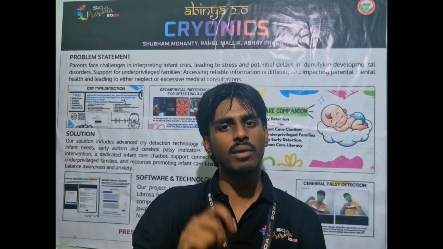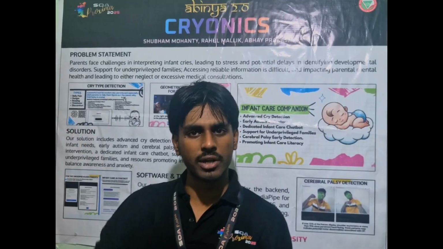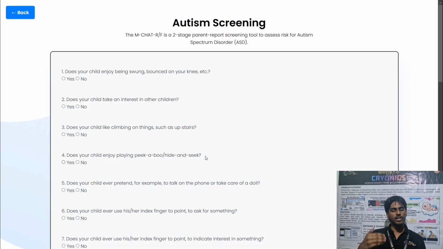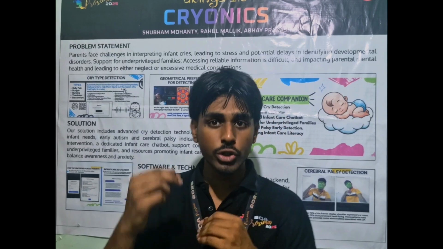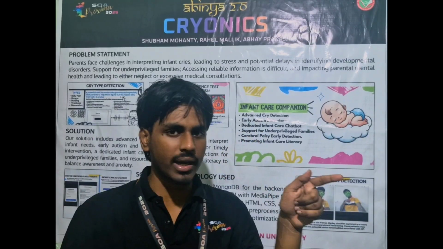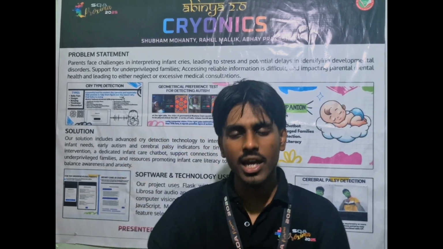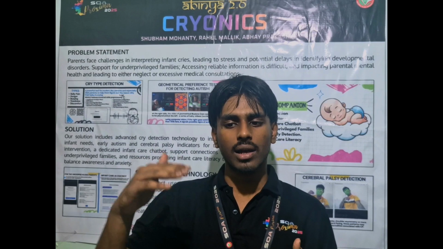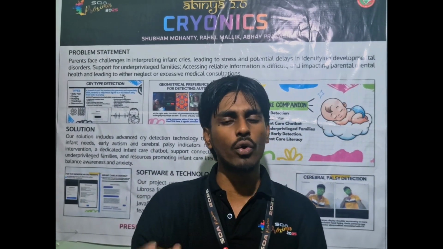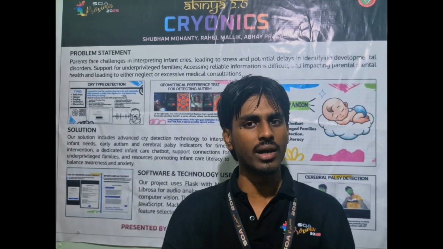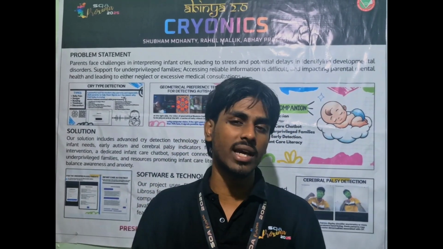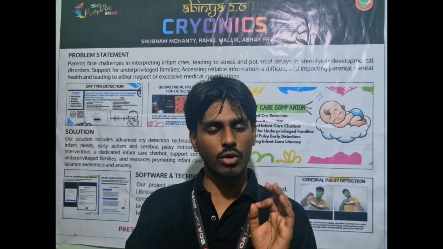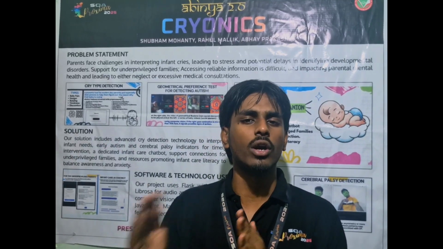So we have developed 2 solutions here. One that we've adapted from a research paper, in which the parent could just answer a list of 23 questions. Questions such as, does your child respond when you call out the name? Does your child look where you are pointing in any direction? Like that, we have around 23 questions, and the score is distributed into 3 types: 0 to 4, it's low risk; 5 to 9, moderate risk, in which they would be forwarded to a follow-up question; and if the score is more than 10, that is a high risk of autism, so they could contact a doctor.